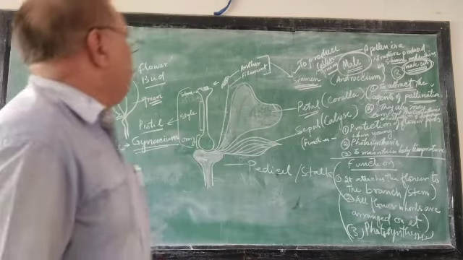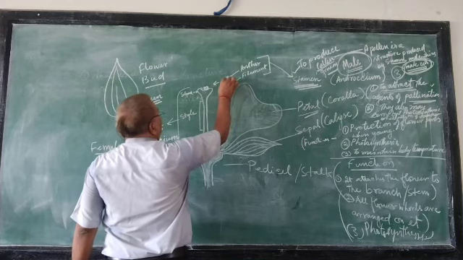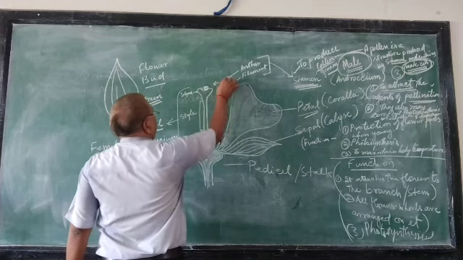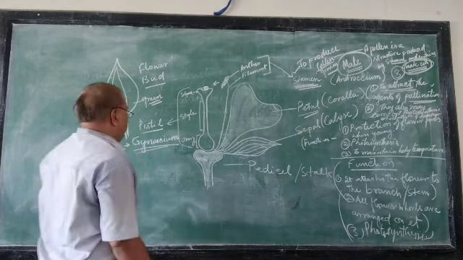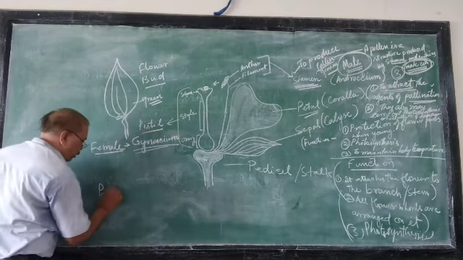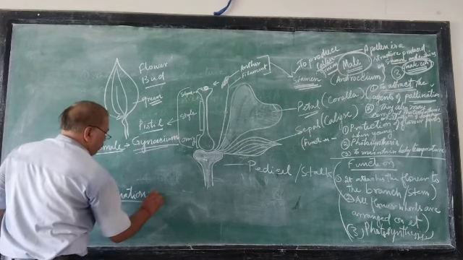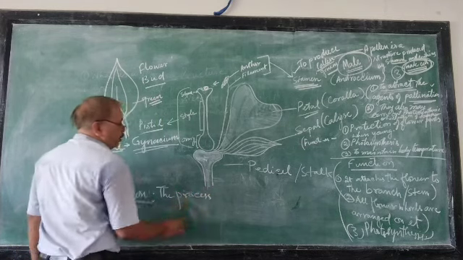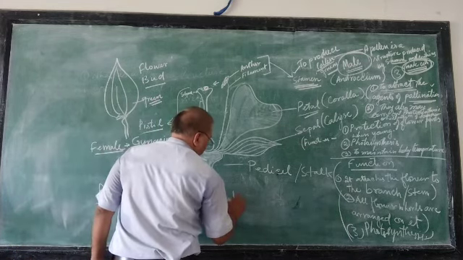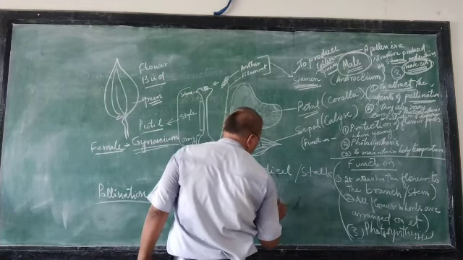Right? As I told you, I will tell you the process. What is pollination? Pollination is the transfer of pollen grains. Pollen grains are produced here, but they are supposed to come here on the stigma. This transfer, this coming of pollen grains from anthers to stigma is known as pollination. So you may note down what is pollination. This process may be natural or artificial, meaning it may be man-made.